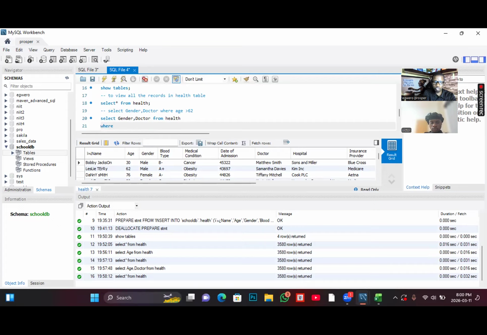I'll call the age, where age is greater than, because that is what we said we want to achieve. Where age is greater than 62. Remember, I am not putting it in a string because it's a number, it's an integer. So this is for one criteria before you end it. So if I run this code now,